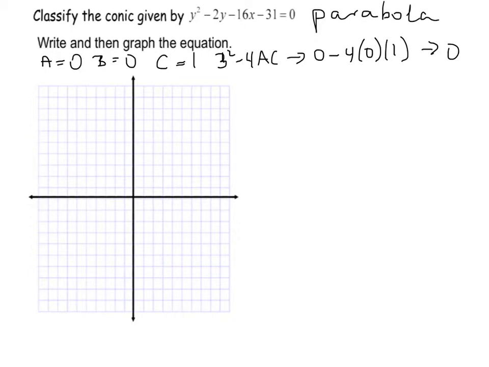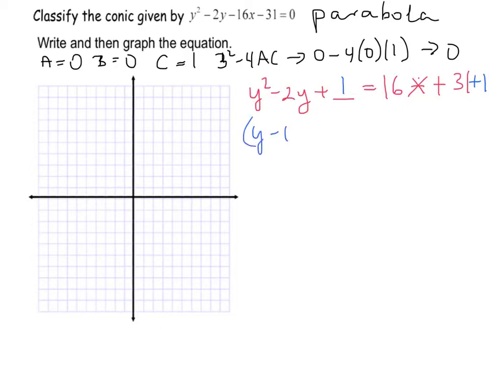But let's go ahead and complete the square for this equation. So I will have y squared minus 2y, and I need to find a blank to complete the square, and I move my x and my number to the opposite side, so I have 16x and plus 31. So what completes the square is 1, so I have to add 1 to the other side also. So now I have y minus 1 to the second power, and that will equal to